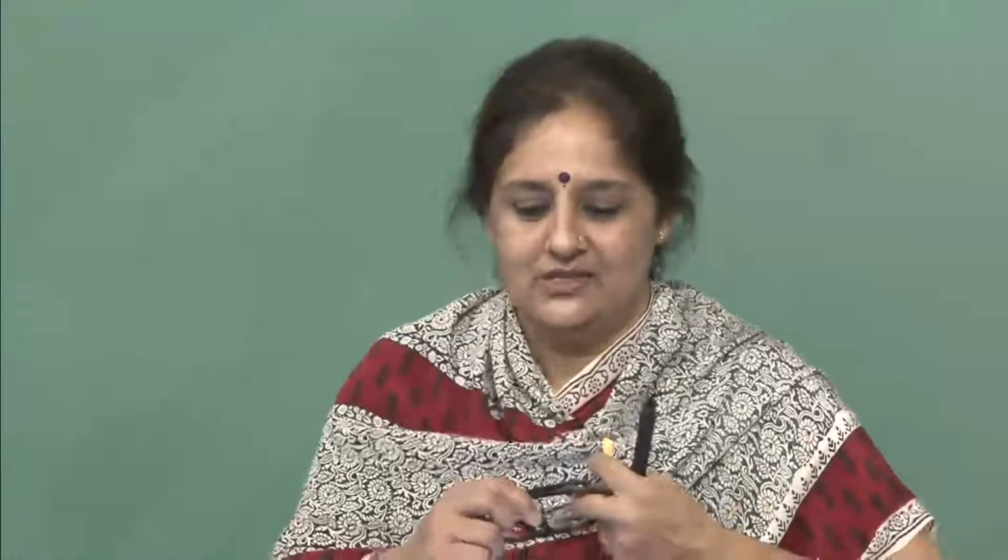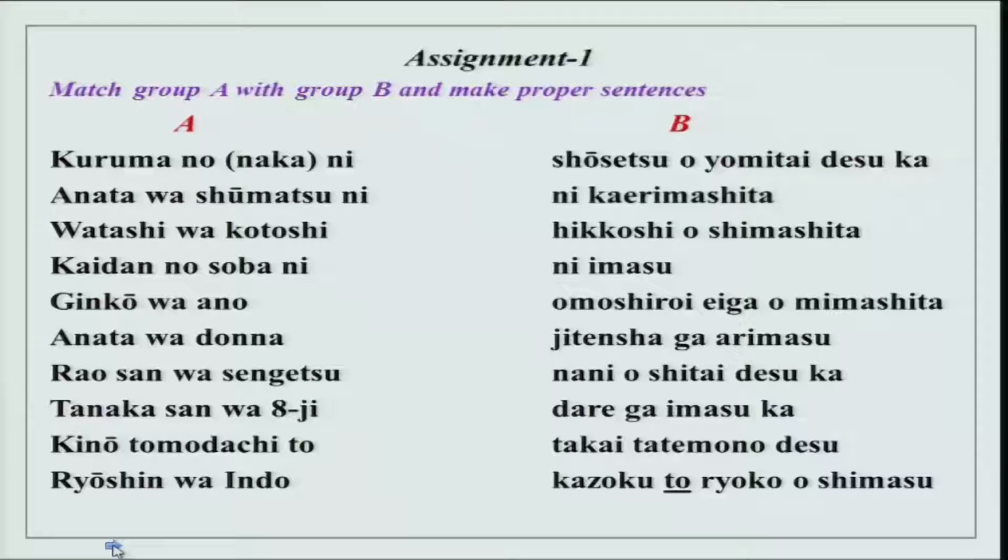We will also talk about another very interesting and very popular festival of Japan, and of course, we will do something new today related to ageru, sashi ageru, itadaku and morau, and something else as well. So well, before I actually start telling you something new today, we will do the assignments as I always do. So, open your assignment sheets and let us see what is there.